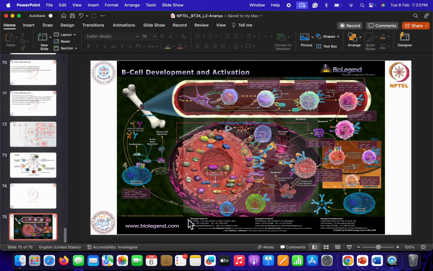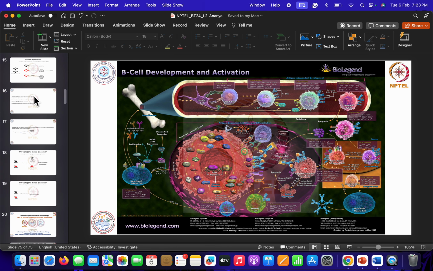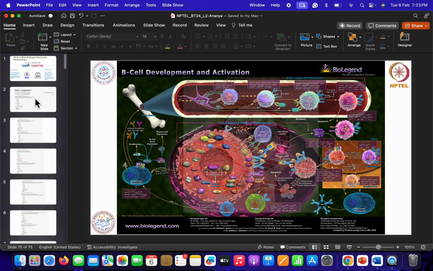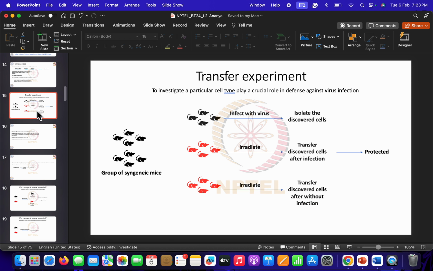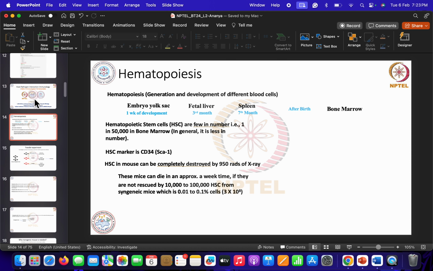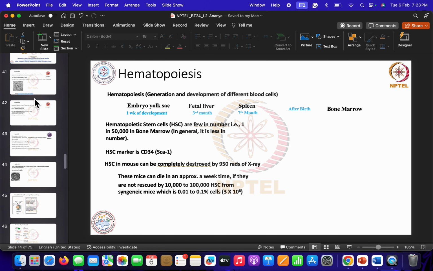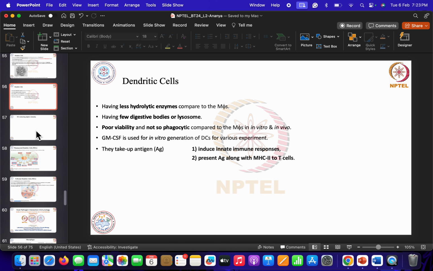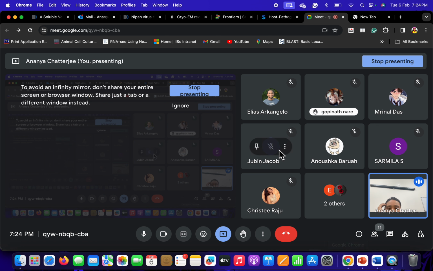So this is B cell development and activation, which we will cover in the next class. So this is all for today, like the slides. If you have any question, we will start discussing. All those parts like the Krebs cycle, I will talk about in the next class. I will prepare detailed slides and we'll discuss. Regarding different cells, T cell development and B cell development also we'll talk about in the next class. In today's class, if you have any doubt, just let me know, we'll discuss it.